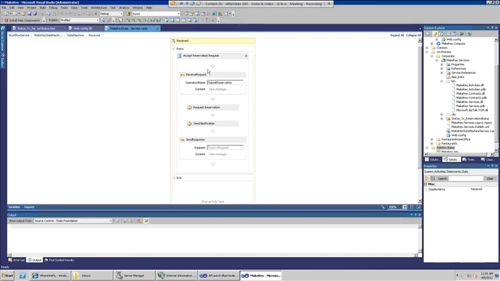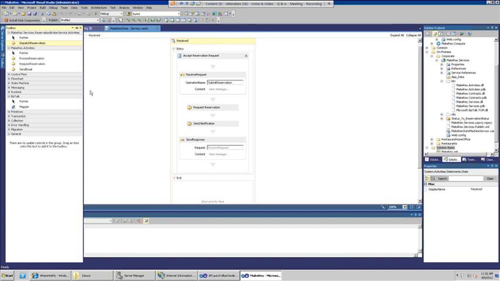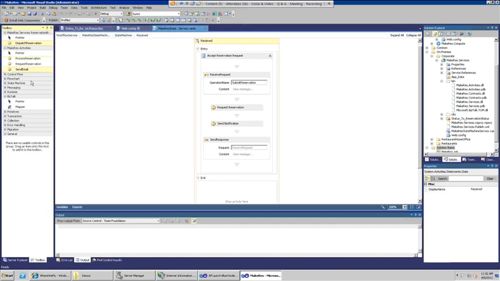Having received that reservation request, I'm going to request the reservation using a custom activity. If I bring up my workflow toolbox, you can see that I have a number of custom activities that I've written. I want to be able to send a notification to the user letting them know that we've received the reservation, and then I also want to be able to provide a response to whatever application, whatever that presentation layer was that interacted with me as a service